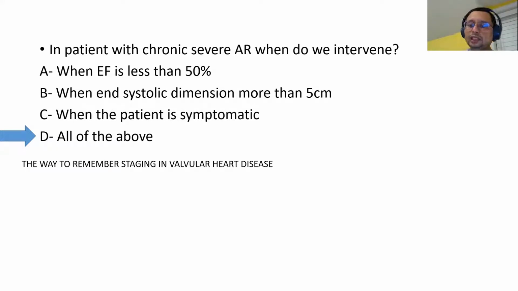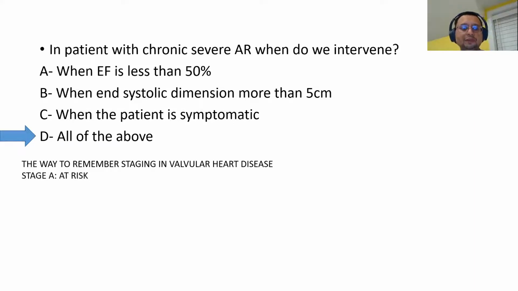Now stage B is progressive valvular heart disease. What does that mean? That means that even looking at echocardiogram, you already have structural evidence of either aortic stenosis or whatever valvular heart disease, okay? But it is not yet severe, so that is stage B. What about stage C? Stage C is severe but asymptomatic. Stage C is divided into two, C1 and C2. In stage C1, you are severe, you are asymptomatic, and your LV is good. In stage C2, you are severe and asymptomatic, but your LV has decompensated. And lastly is stage D. Stage D is severe and symptomatic. So usually stage D, we straight away send for operation.